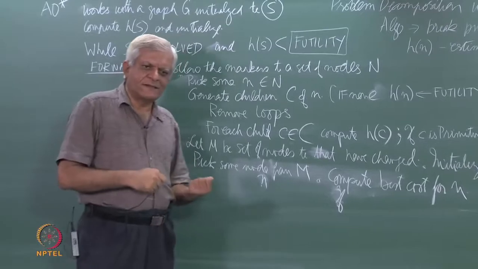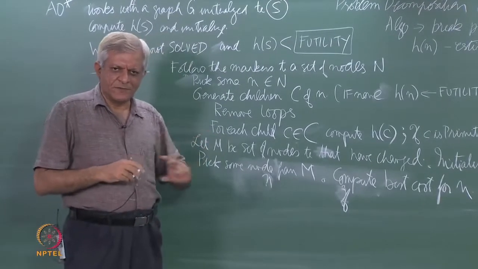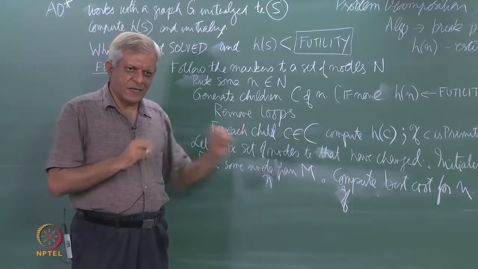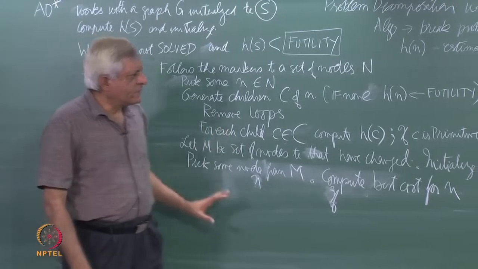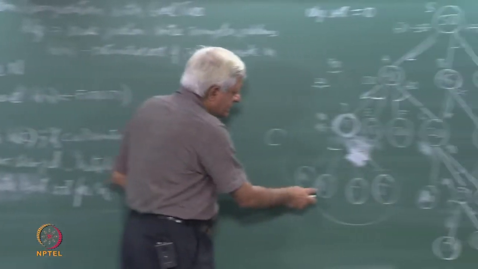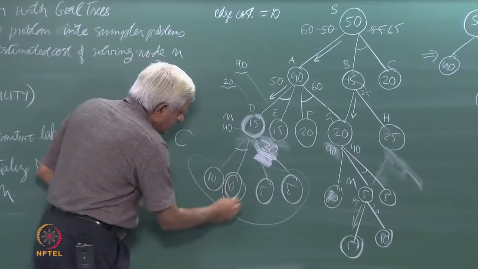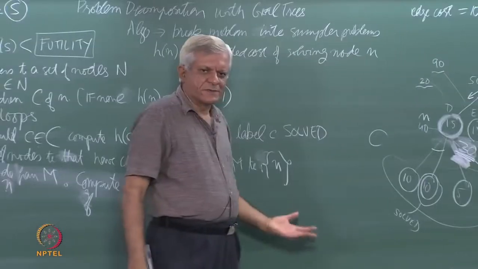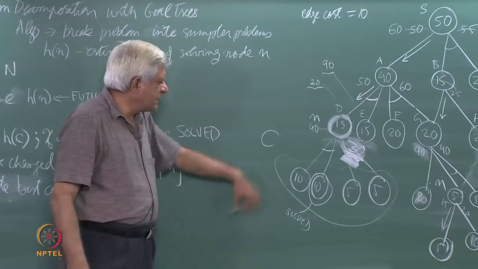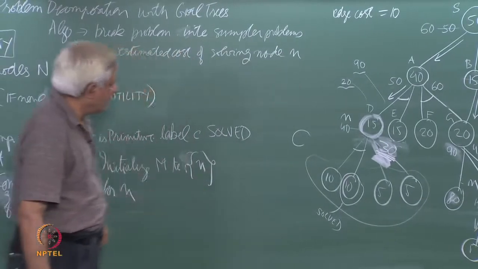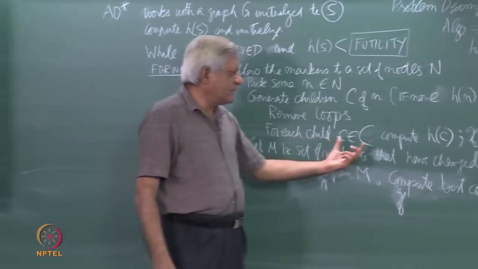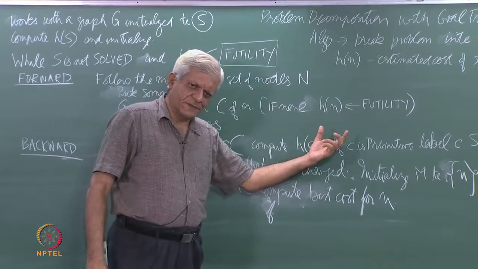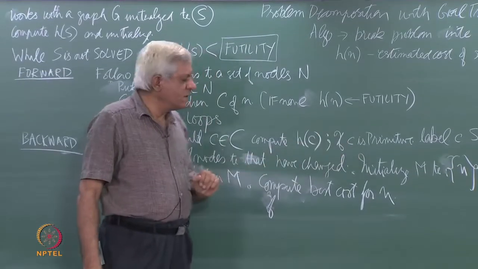If the child that I have just generated is a terminal node or primitive or trivial or whatever you want to call it or solved, then put a label solved for that node C. So, for example, if this was solved, then I could just put a label saying solved, if I knew that this was a solved node. The others may still have to be expanded and so on. So, for every child you compute the h value, and if it is a solved node or primitive node, you label it as solved,